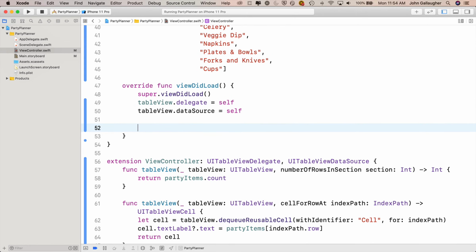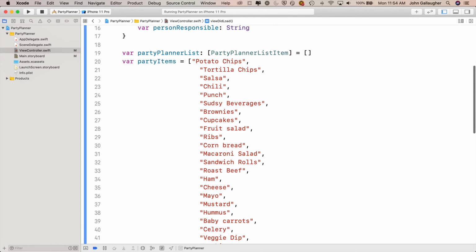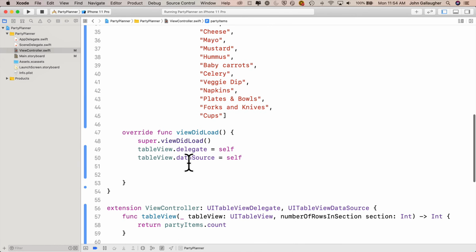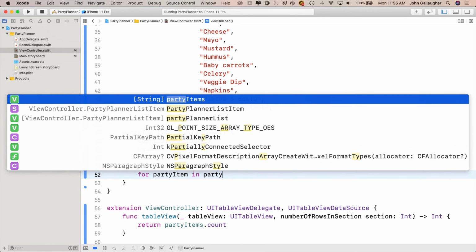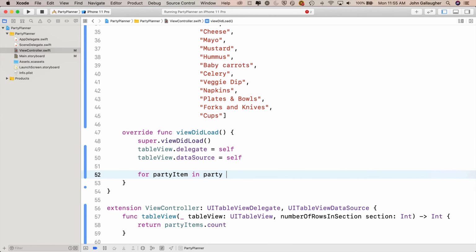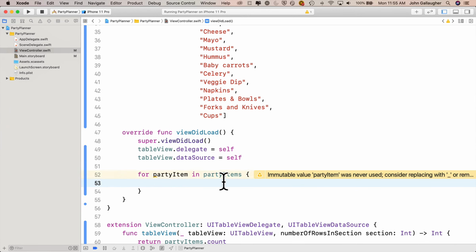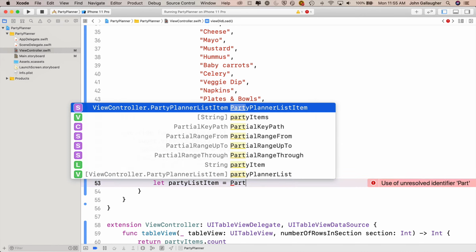So what we want to do in order to set things up is loop through all of the elements in partyItems. So we can say for partyItem in partyItems, and again, this is our array of strings. And what we want to do is create a new party list item. So you can say let partyListItem equals capital PartyPlannerListItem,